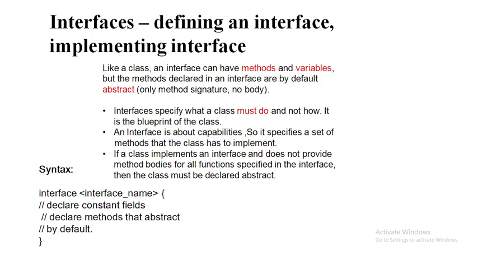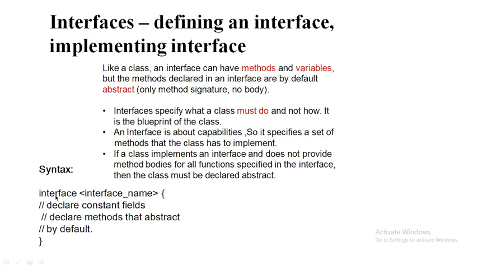Now, an interface shows what a class must do and not how. It is the blueprint of the class. It contains just the declarations, and how it is going to be worked out is not done there. And if a class implements an interface and does not provide method bodies for all functions specified in the interface, that is, it does not give any method bodies,